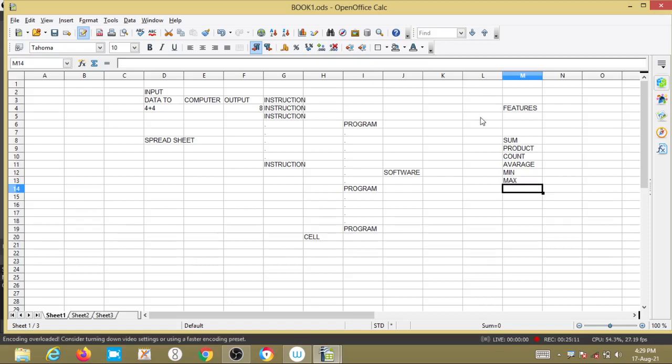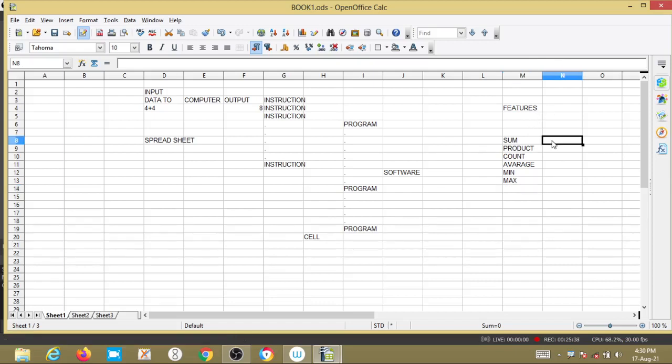So using this spreadsheet we can use functions as well as formulas for calculating, because MS Excel has predefined or built-in formulas.